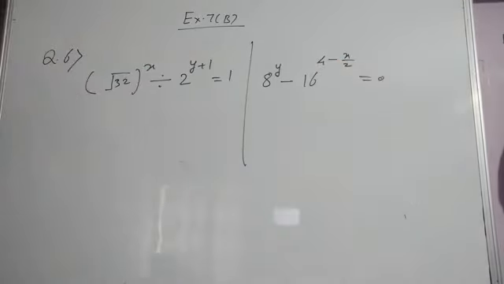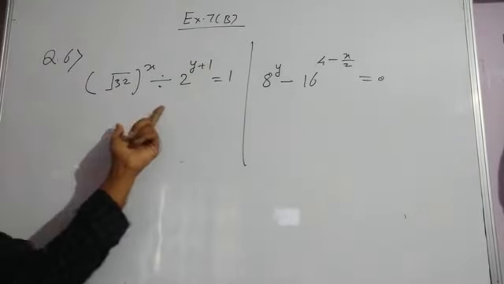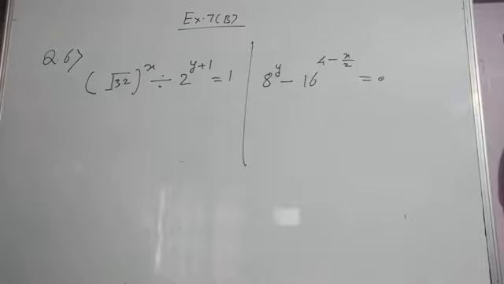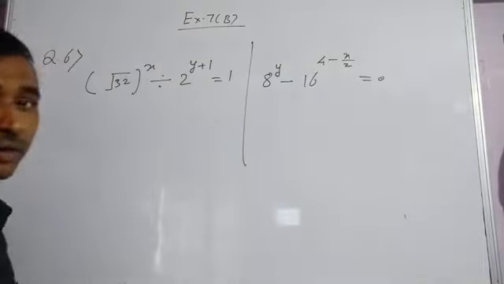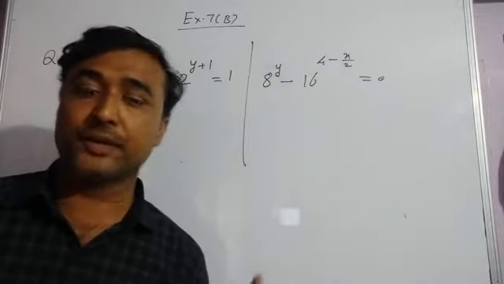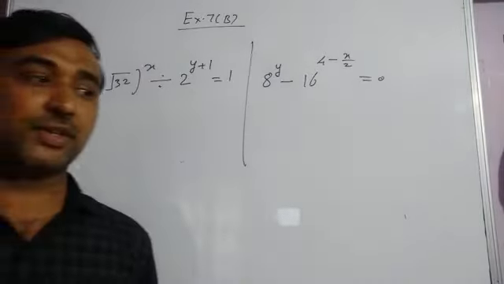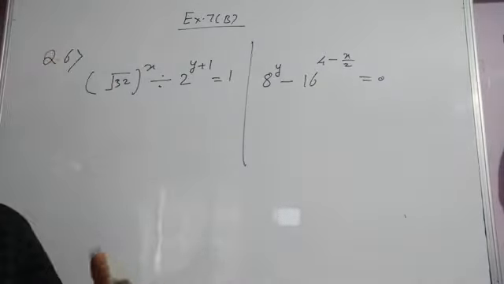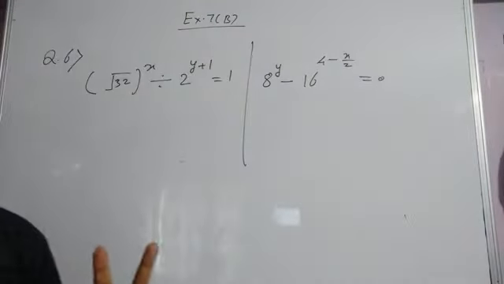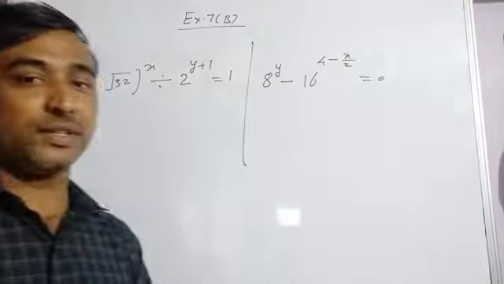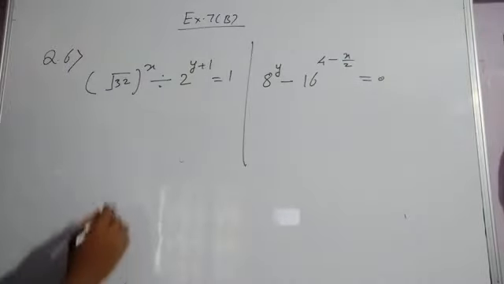Now see the question. You have to first of all read the question carefully. These are the two equations given. Okay? Now, how many unknowns are there? x and y. Here also x and y. Two unknowns are there. That means I need to go for two simultaneous equations. See, in case of one unknown, I need one equation, so I can find out that one unknown. But here I have two unknowns. That means I will require two equations. So I'll use the laws of indices.